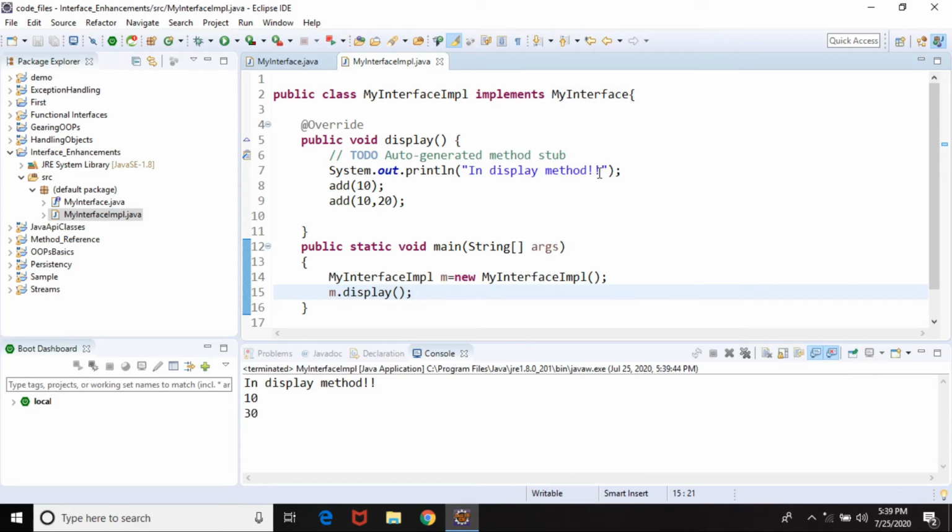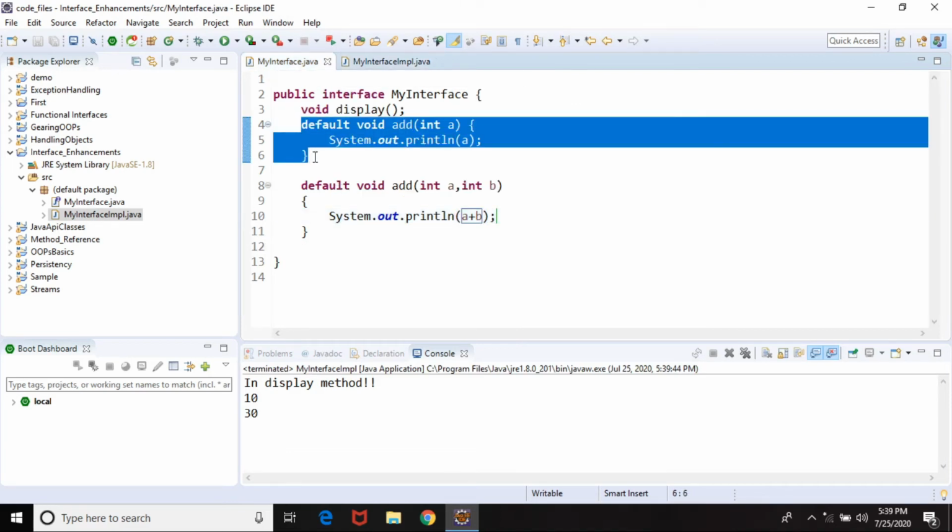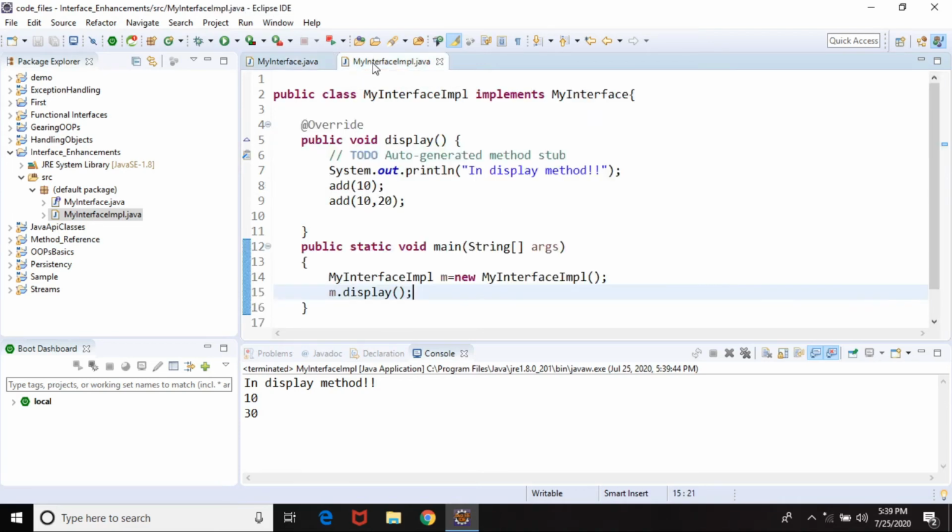Another interesting thing is that it is not a rule that you cannot override these methods in your subclass. So overriding of this method is optional because there is already a default implementation, let's say. So I would do it in a different way.